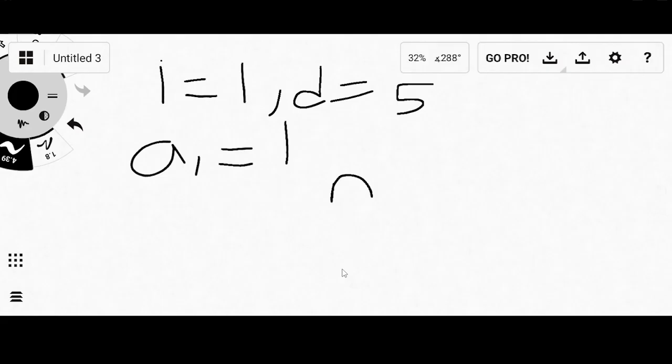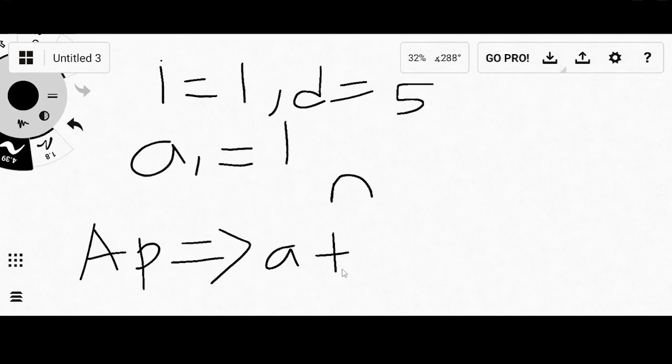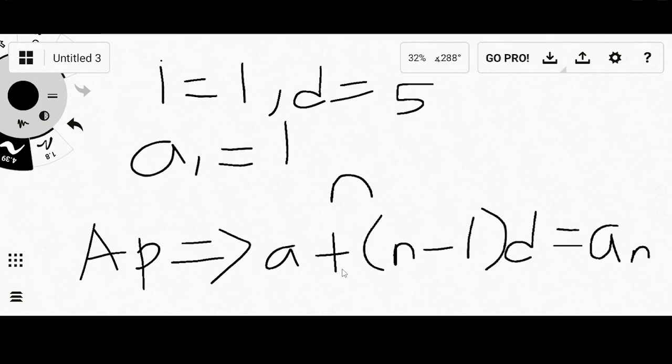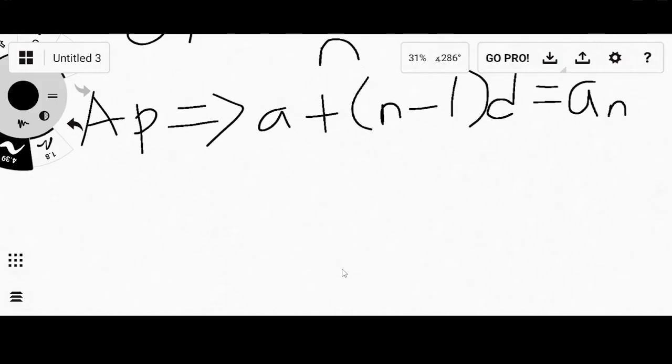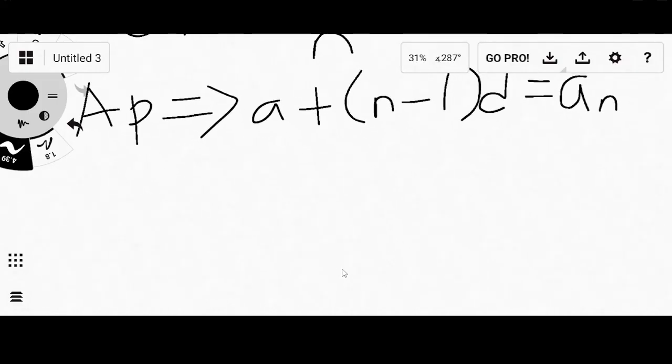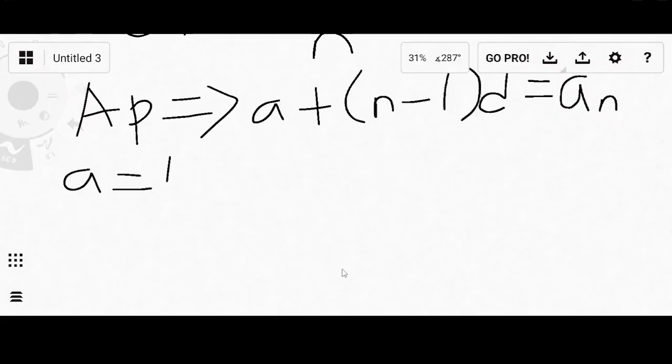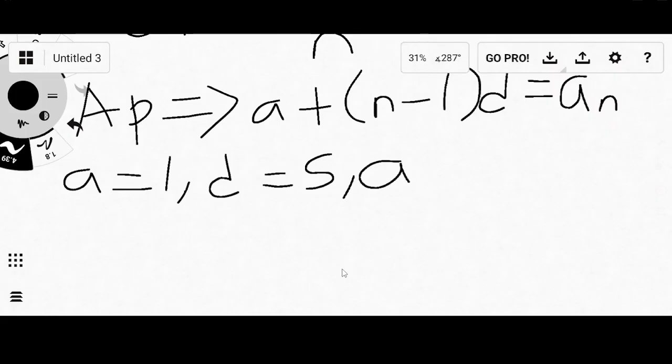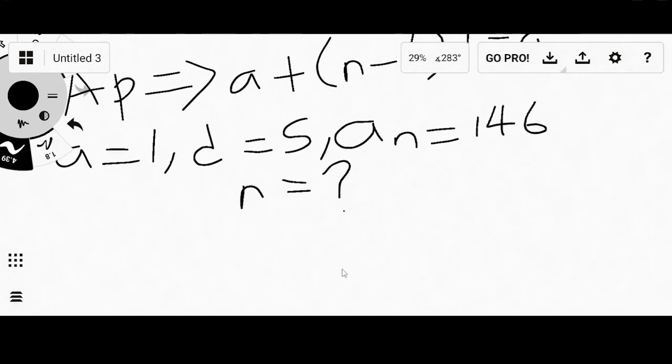Now, the formula for AP, a plus (n minus 1) into d equals an. So a equals 1, d equals 5, the an will be 146, and n will be equal to what we don't know, the mystery number. Now, since an